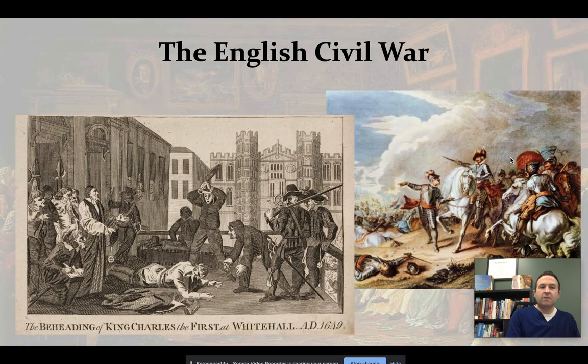However, the result of this war, before we get to the political part, will create a number of new religious sects that kind of devolve from mainstream Puritanism. You have a new group known as the Levelers. Now, the Levelers were radical religious revolutionaries who would seek both social and political reforms. In other words, they want a more egalitarian society. They, in some ways, are kind of an early form of communism in a way. They wanted a more egalitarian society.